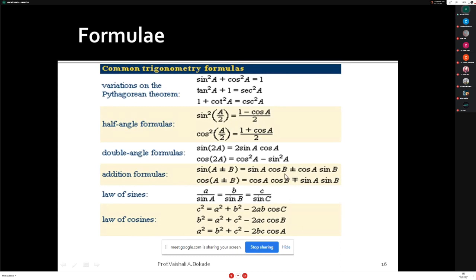Yes. Also, we have 2 sin a cos a as sin 2a, and cos square a minus sin square a as cos of 2a. Yes, these formulae I will not forget. These formulae I was using in 11th and 12th. The same formulae I have to use here. I'm not generally using the law of sines and law of cosines. These formulae are generally not needed in semester 1, semester 2 here. So the double angle formulae and addition formulae, we require. So that's why I'm sharing this screen with you.